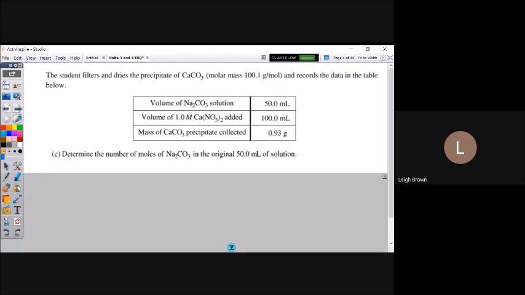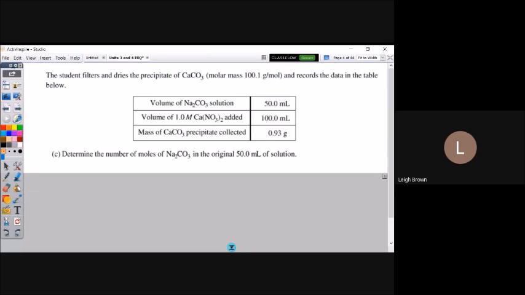If we had a molarity, then we could easily figure it out. All we have about it is its volume. We don't have enough information to figure out moles from that. So what we're going to have to do, and this is a very common question in stoichiometry, is be given a mass of a precipitate, like in a lab, and be asked to answer a question about something about the reactants. Just keep that in mind. That's very, very common. So what should we do?